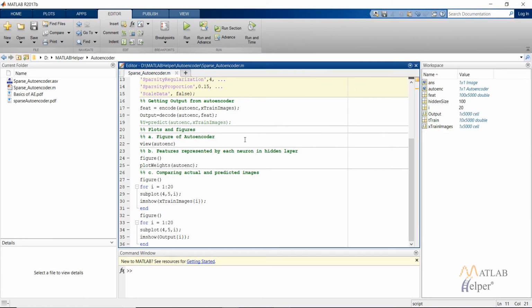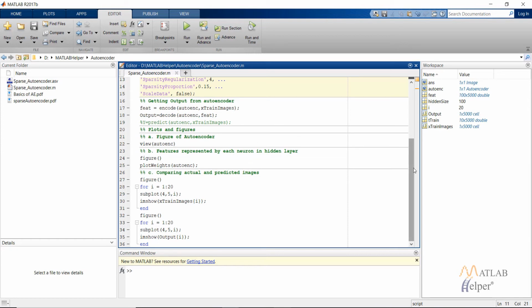This is the case for sparse autoencoder. We also have other types of autoencoder like denoising autoencoders and variational autoencoders. In the case of denoising autoencoders, we can supply an image with noise in it and get an output image without any noise in it. This works on a similar principle as a sparse autoencoder. The only difference is that the cost function is calculated between the predicted image and the actual input image, and not the noised input image.